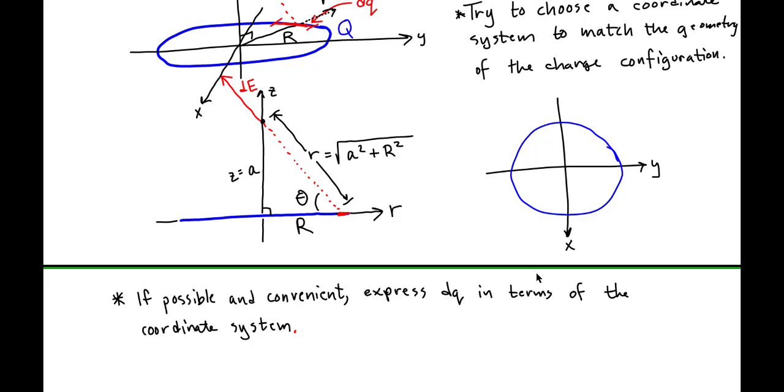So if we had a rectangular coordinate system, which involves the x, y, and z axes, we would try to express our representative charge dq in terms of x, y, and z. If we had a spherical coordinate system, which if you've had multivariable calculus, you know what a spherical coordinate system is, we'd want to try to express the charge in terms of rho, theta, and phi, which is a distance and two angles. Here, we chose a polar coordinate system.